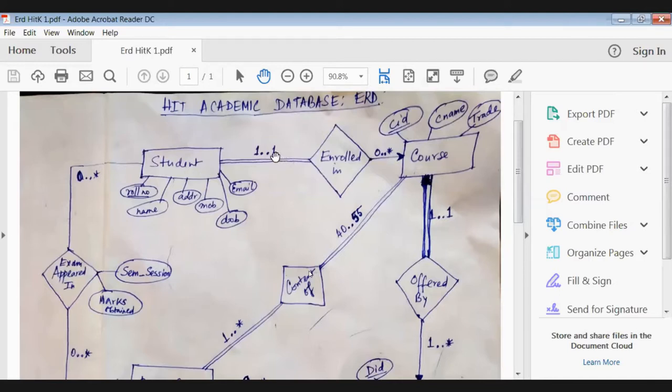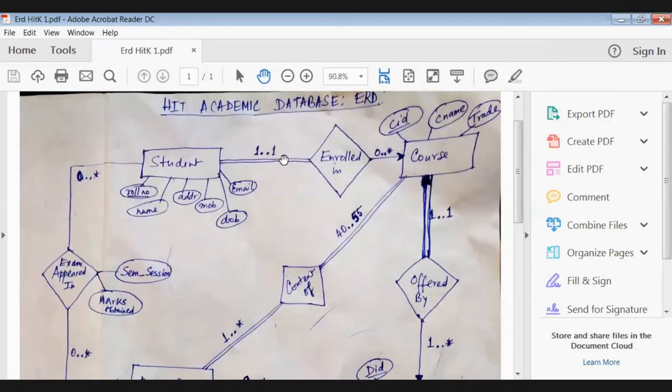A student can take at max 1 course. Because if a student gets enrolled in BTech in VLSI, then the student cannot take MTech, isn't it? So at max also a student can participate in 1 course, and minimum 1 course should be associated with the student.